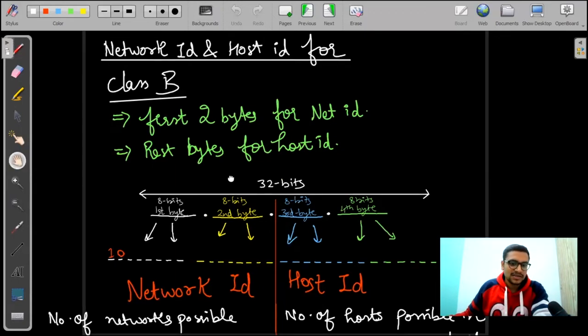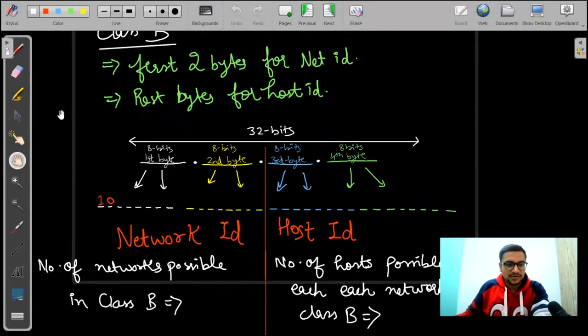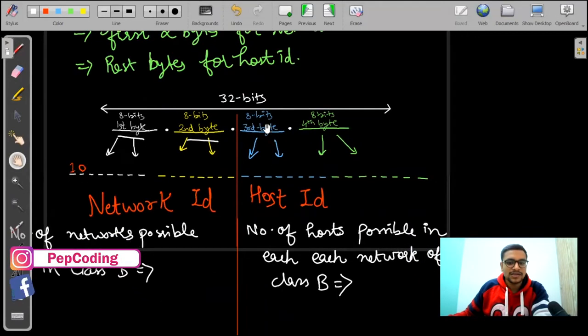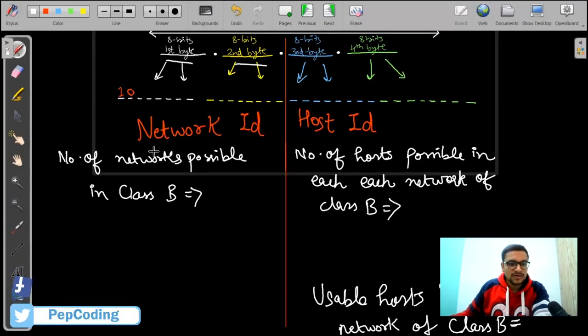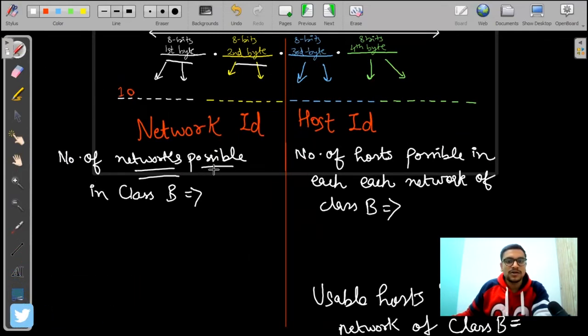For class B, the first 2 bytes are reserved for the network ID. So this is the first byte and this is the second byte, and both of the bytes are reserved for the network ID, and the rest of the bytes are reserved for the host ID. Moving on, if I talk about the total number of networks that are possible in class B,